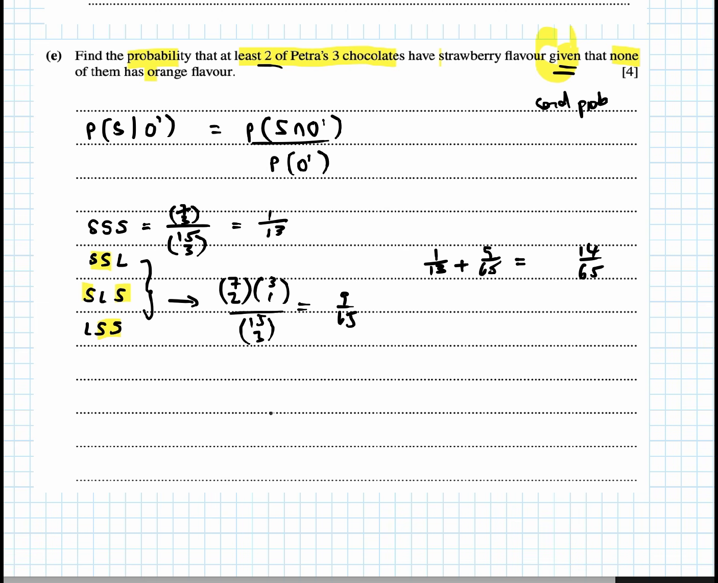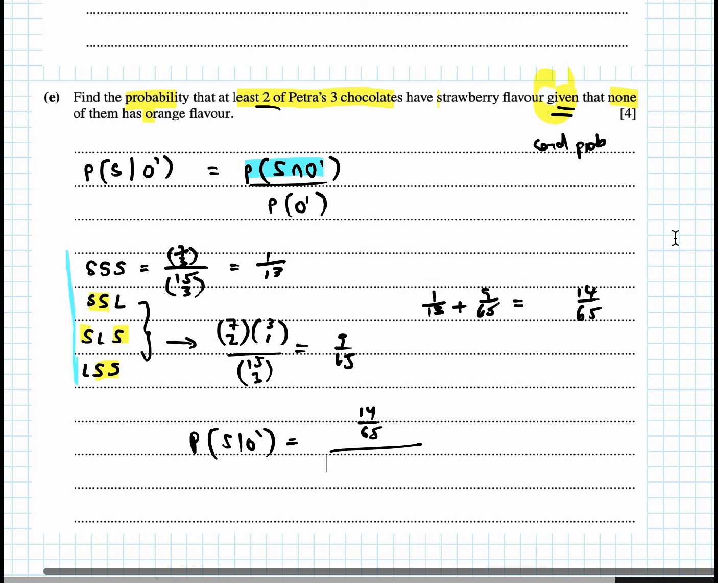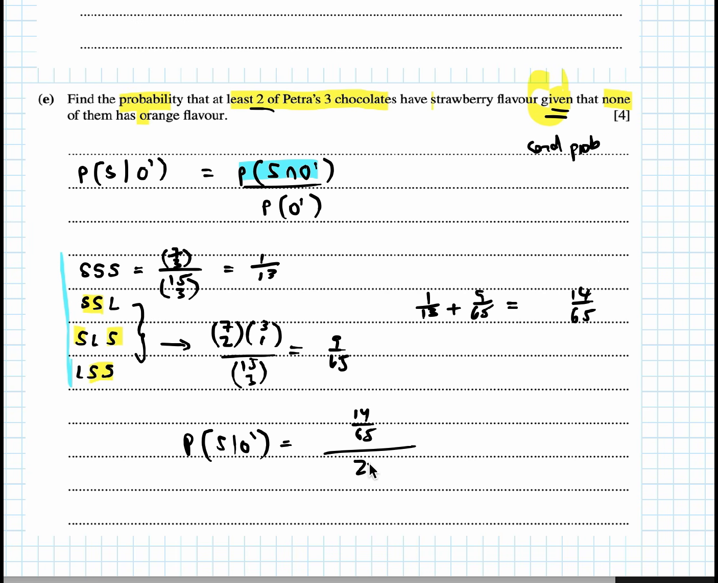And from there, we're going to use that and it'll be divided by no orange, so that's from our previous question, 24 over 91. Is that right? Let me just check. 14 over 65, yeah. And then divide by 24 over 91, yeah. Just making sure, just check it. Verify it. And so we get 49 over 60. And that is the end of the